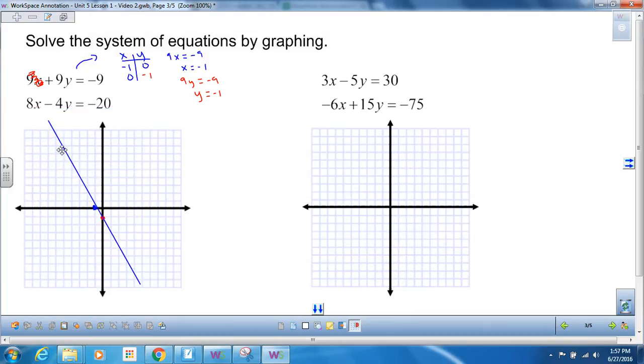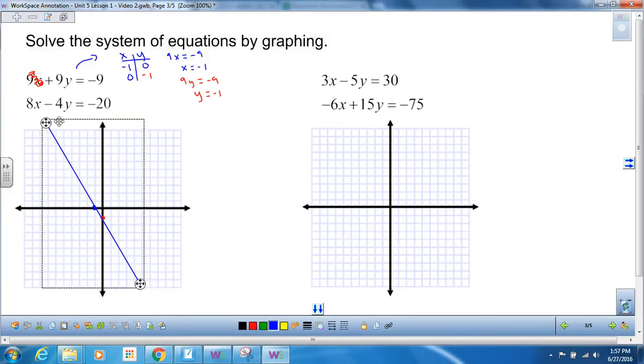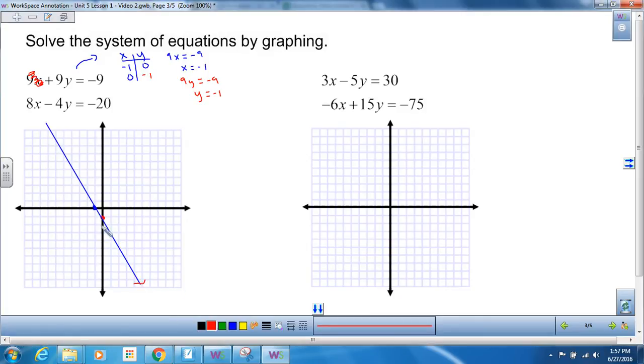Okay. It is important to have these lines accurate. Okay. So now for this equation,